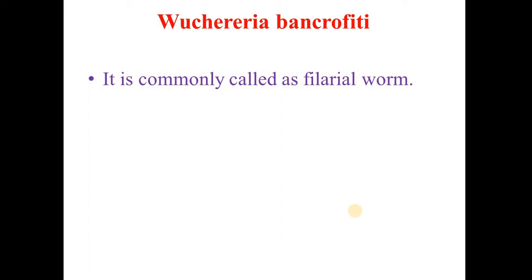It is viviparous, that means it lays eggs. It causes a serious disease in man called elephantiasis, due to the blocking of lymph vessels and glands. As a result of this disease, in the person suffering from elephantiasis, one leg